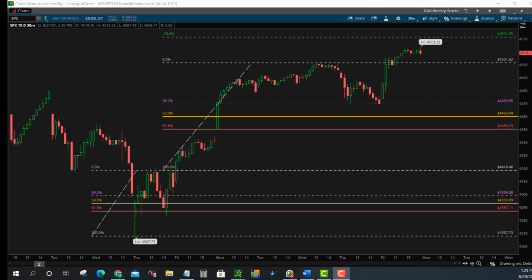major liquidation break. When the markets opened that Thursday, August 19th, we made a low of 4367.73 for the S&P. But by noon on that same day, we made a high of 4418.46, while pulling back late afternoon and moving higher into the close, much closer to that 4418.46 high.